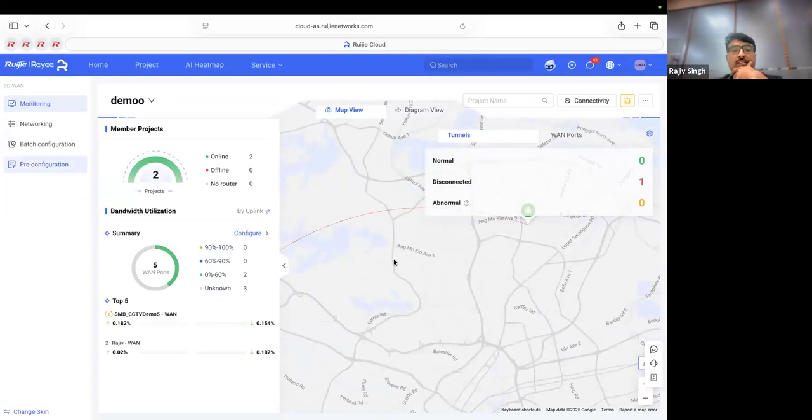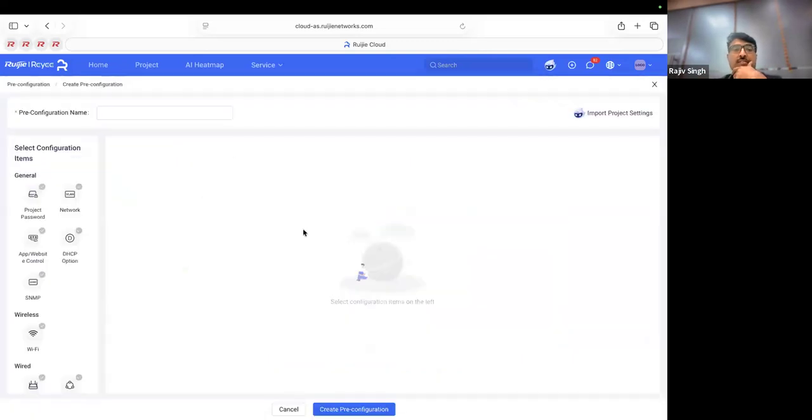If you want to do any pre-configuration, you can create a pre-configuration where you can do whatever you want. Suppose you want to create a VLAN, then you can go here and do this. Or if you want any batch configuration,